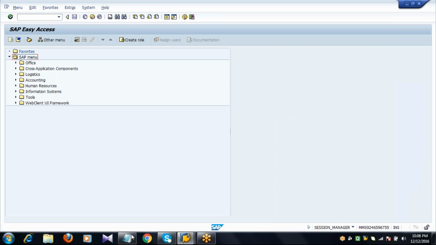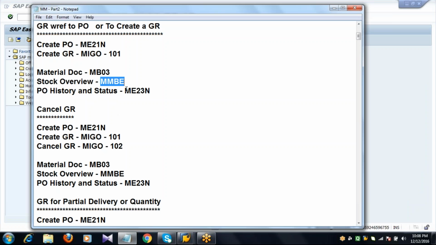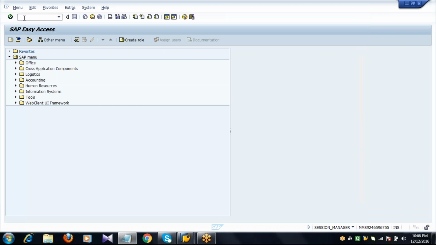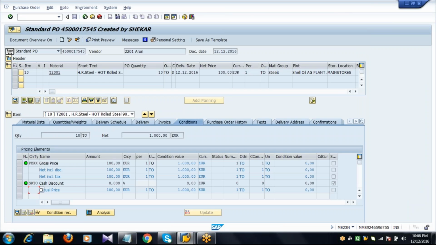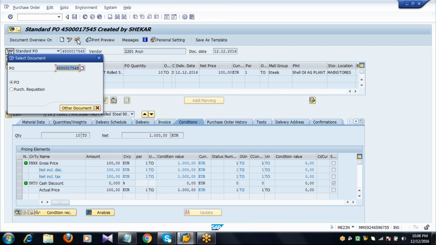Then next we'll see PO history or PO status. For this we'll go to the transaction code ME23N. After coming to this transaction code, there is an option called other purchase order. Click on other purchase order and make sure whether the system displays your PO number or some other PO number.